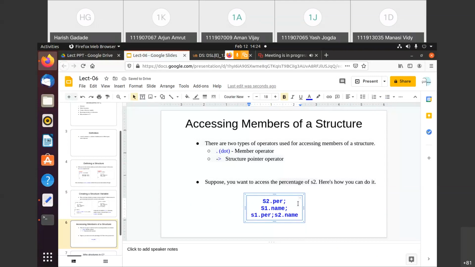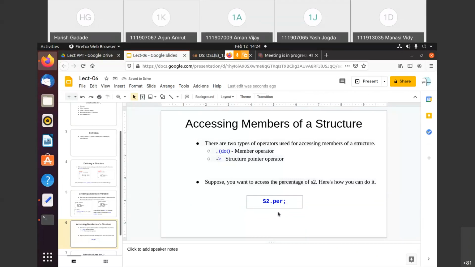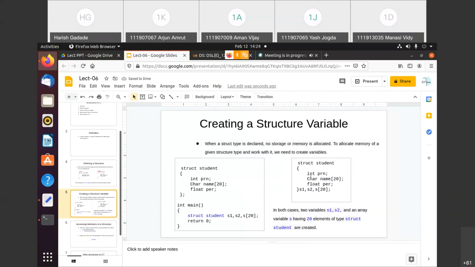So in this way you can access the members of S1, members of S2. Getting this? So here you just understand that S is an individual member, and these are the properties or attributes of that S1 or S2.